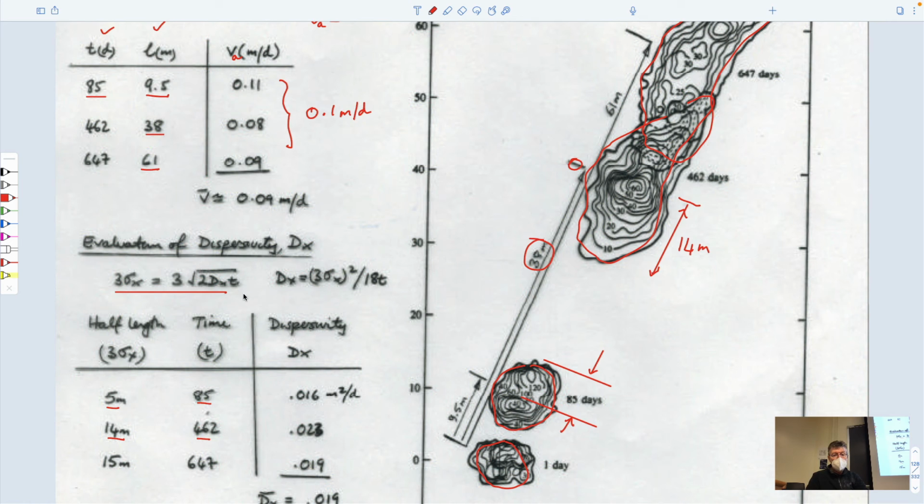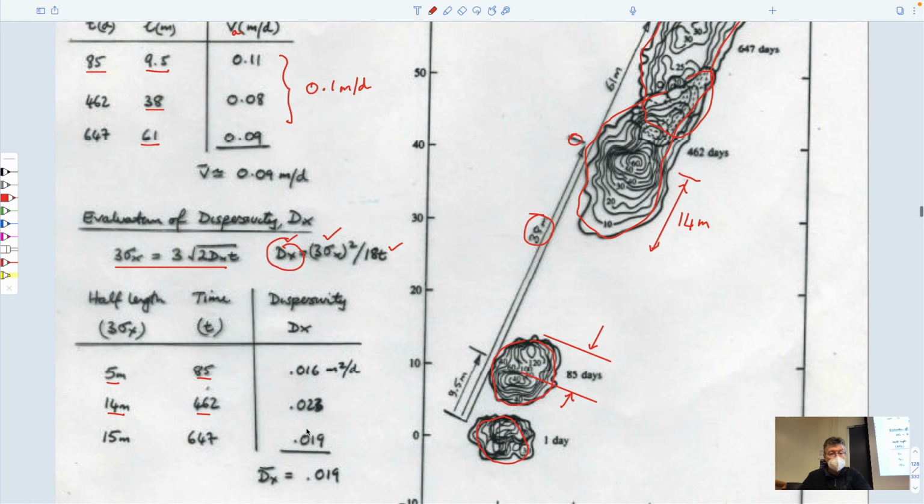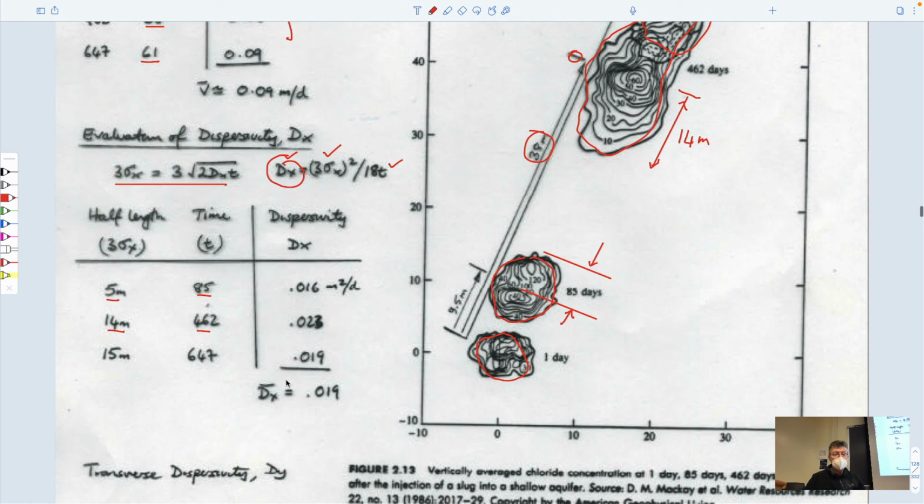And so we have this length, we have the time at which that was recorded, and we can get the dispersivity. So this is what we can get. And it turns out, just by getting those, the dispersivities would be in units of meters squared per day, and they turn out to be something like